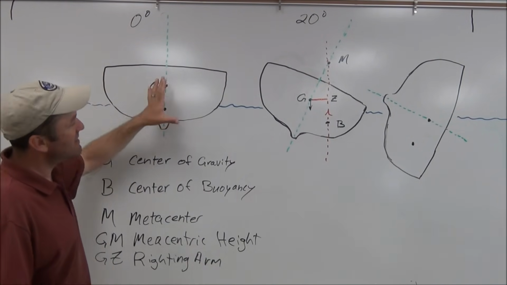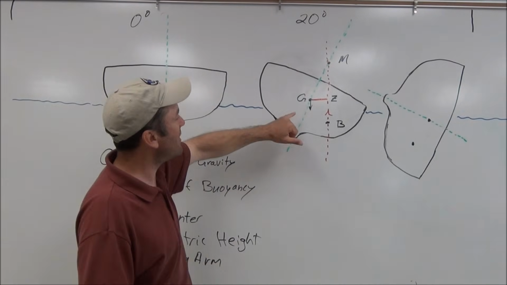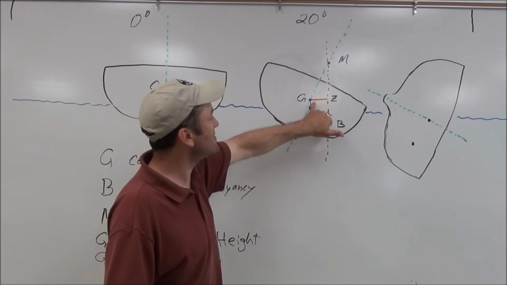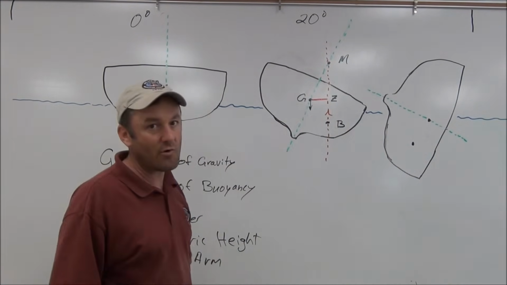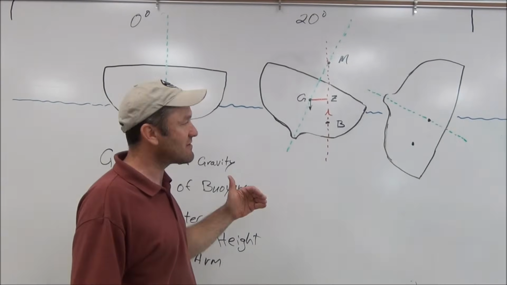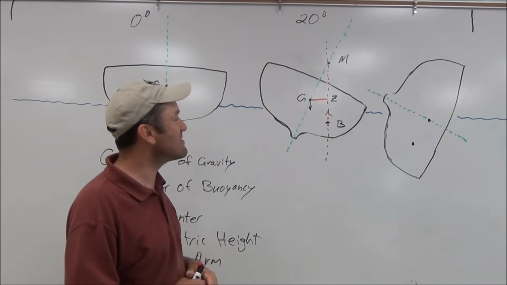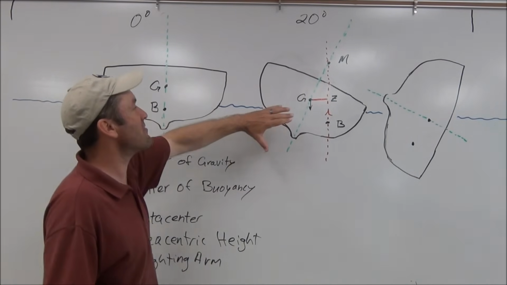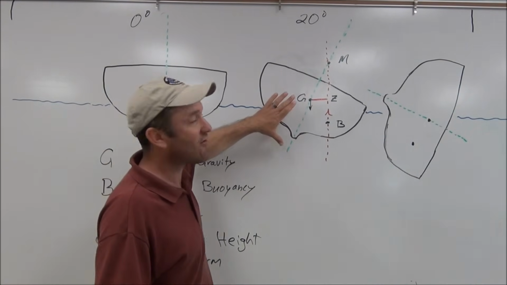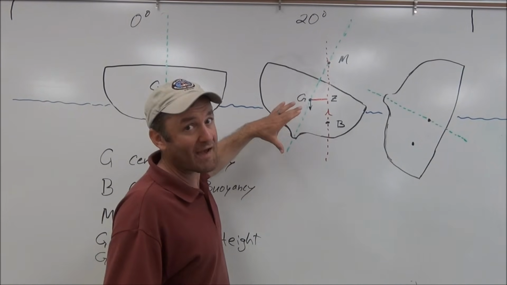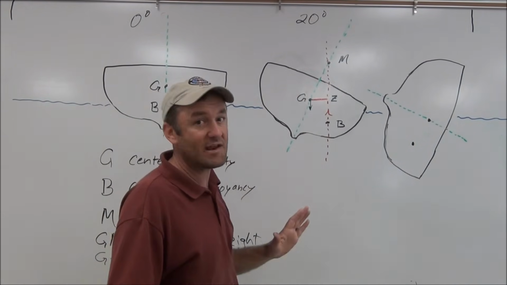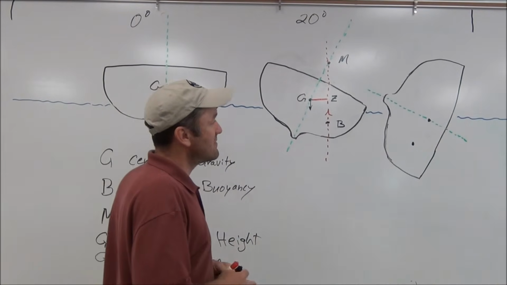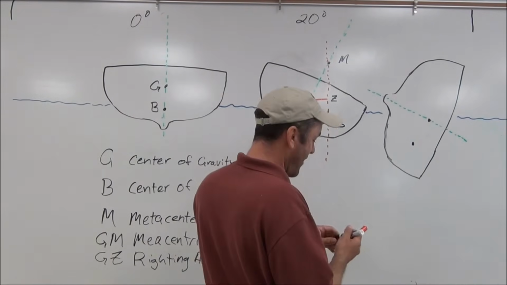So it's sitting static. Now when we start to tip that vessel, the righting arm starts growing as buoyancy starts to shift. And it'll grow to a point where it reaches a maximum, and then it'll start to shrink. What this means is that when you start to tip that vessel, the rotational force to tip it back starts to increase, but then it reaches its maximum, and then you keep tipping the vessel and it starts decreasing. That righting force starts decreasing. So, if you tip the vessel too far,